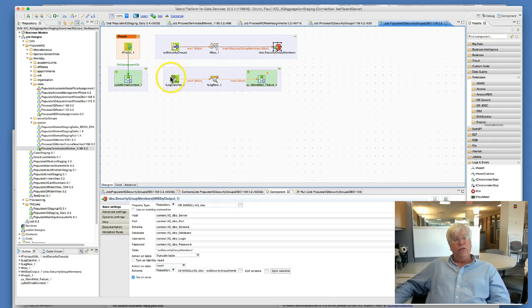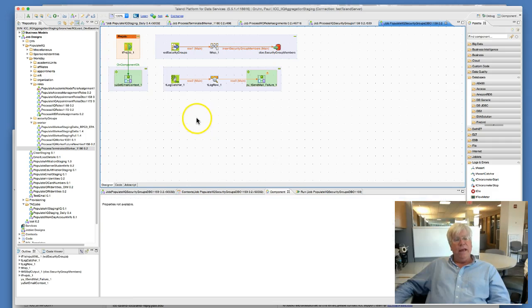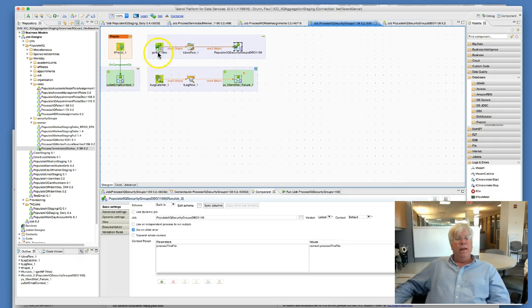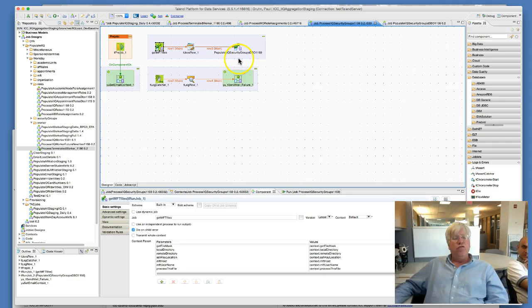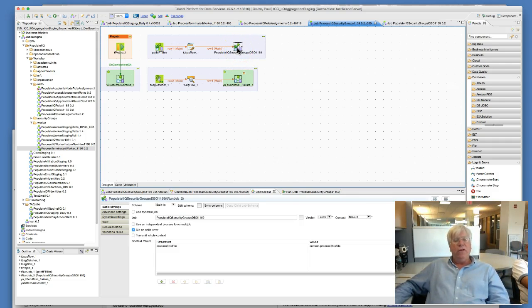This process, security groups 1158, then takes that XML, maps it, and loads to a table in the DBO. Notice here, this child also has the pre-stuff to set the context and the error handler logic. Now what's interesting is if you go back to the security groups call, this MFT piece of getting files and calling this whole service could actually be removed by modifying this child service to call a web service directly. If you look at process terminated worker,